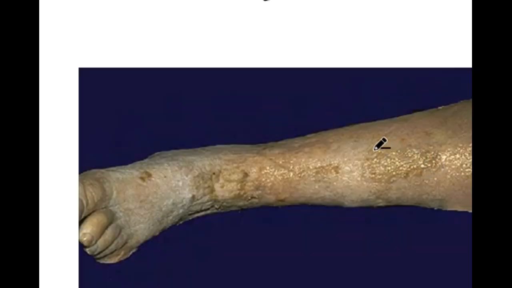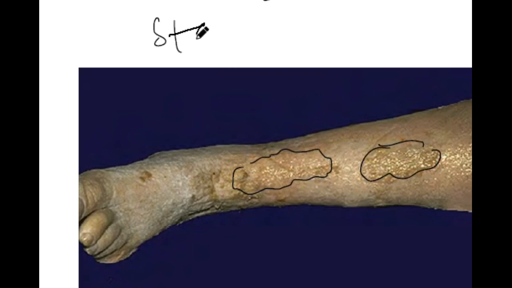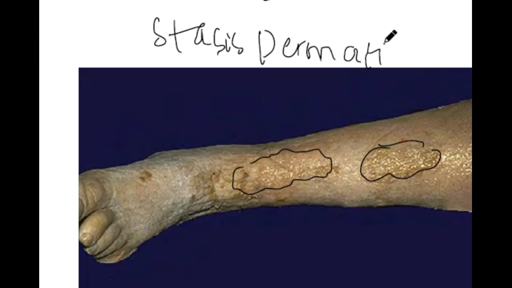This is the picture which is showing the dermatitis. This is rough and thickened appearance of the skin with brownish discoloration. So this is stasis dermatitis. If this is not treated, it can result in ulceration, and this occurs due to the poor circulation and vascular stasis, which leads to chronic edema and venous pooling of blood. This presents with pruritus and edema.